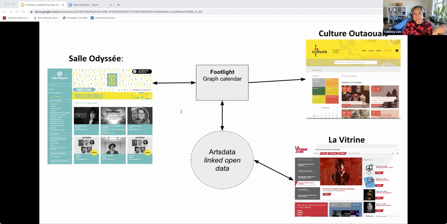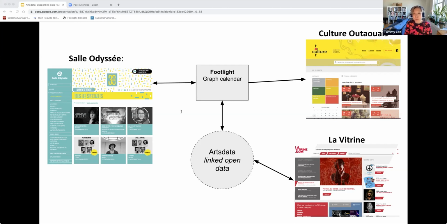So at Culture Creates, we see that the lowest hanging use case for Artsdata, the knowledge graph infrastructure of what's happening in the arts in Canada, is developing a graph calendar that fulfills a need in the sector and helps to create the conditions for the exponential sharing of metadata on the internet. Called Footlight, this graph calendar is currently being developed, and there are features made possible in the software only because it is powered by Artsdata, like minimizing manual entry as much as possible. Unlike other calendar tools,